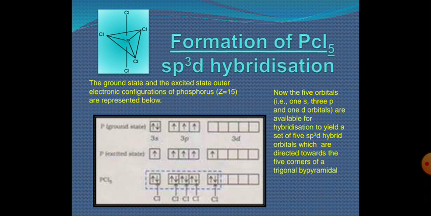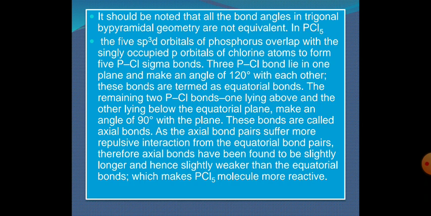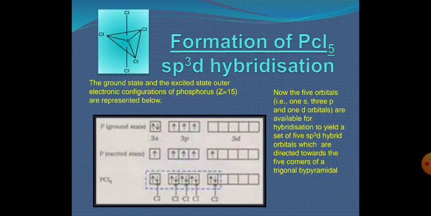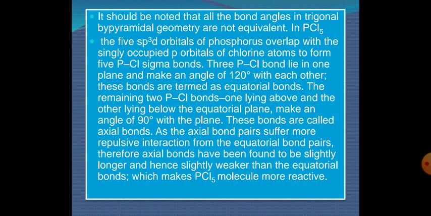But if we notice here, there are 2 chlorine atoms present above and below the plane, so 2 pyramids are going to be formed. So the geometry of this molecule, we can say, is bipyramidal, and one trigonal plane is present in the middle portion of the molecule. So we can combinedly say that the molecule possesses trigonal bipyramidal geometry.